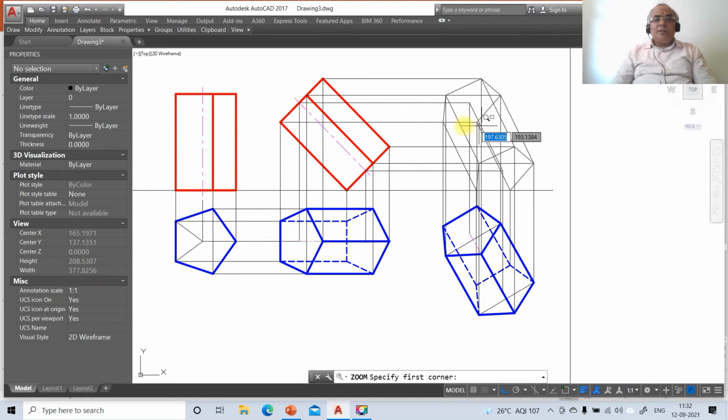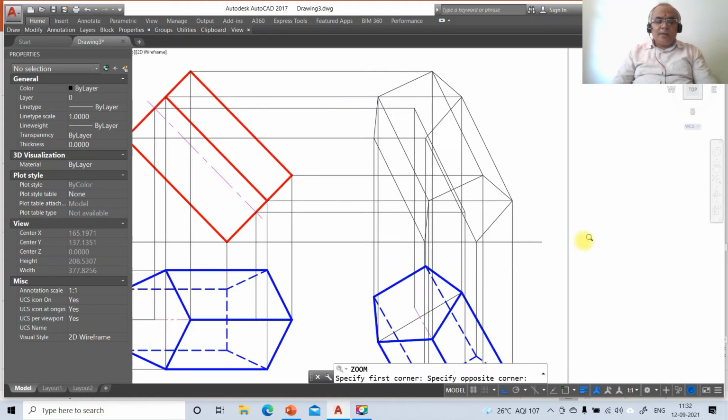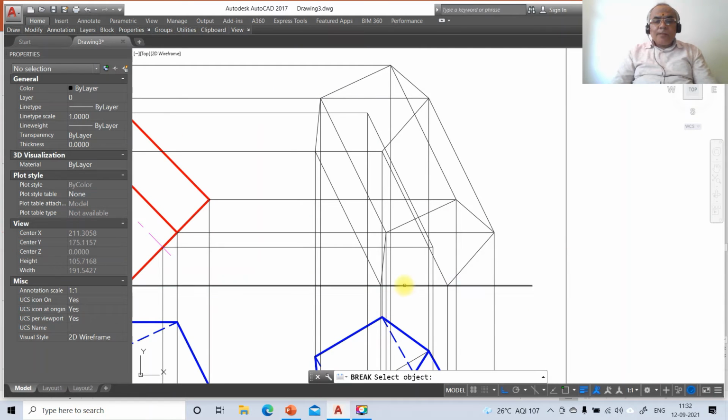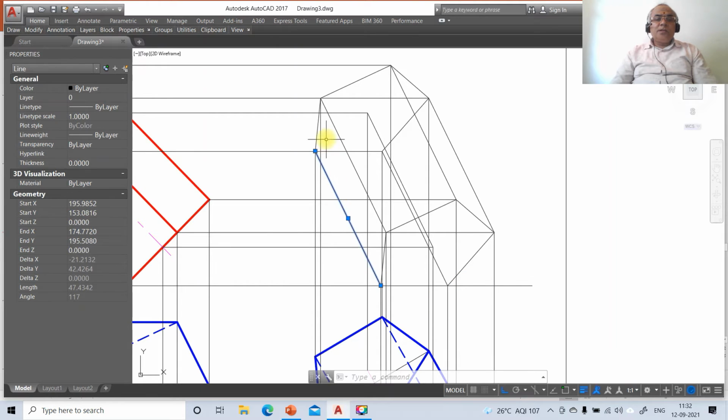Now once you have this, now we need to create this break. First point, take end point of this and say at the rate. Then break. First point, take int of this and say at the rate. Then break first point, take int of this and say at the rate. So once you do that, now we are going to have all the exterior edges of the boundaries of the solids visible,